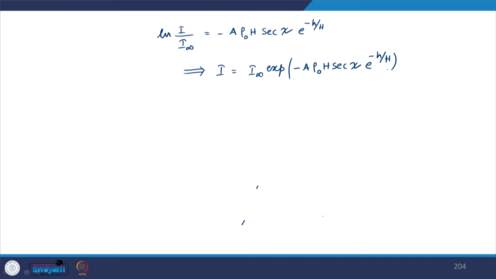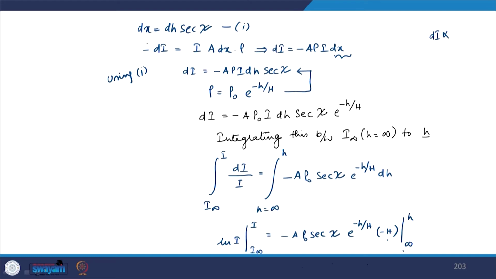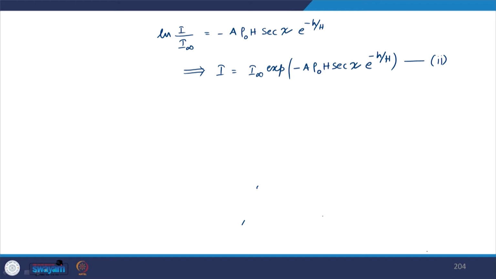What do you see? You see an exponential outside this bracket, and you also see an exponential inside the bracket. Let's call this equation 2. What was equation number 1? Equation number 1 was between the oblique height to the vertical height and the angle in between, right? Okay, production rate of ions, let's say, or electrons depends on the solar zenith angle, right? So we are introducing now Q, which is called the